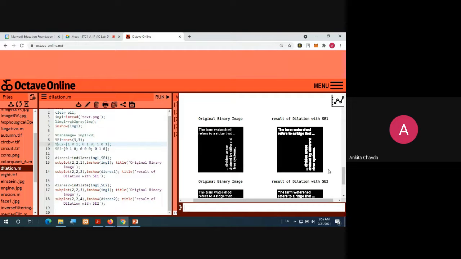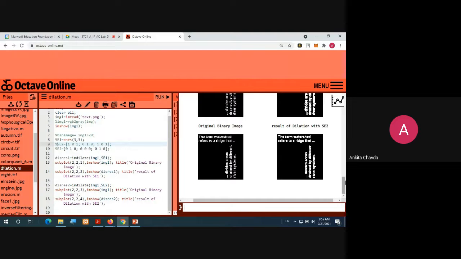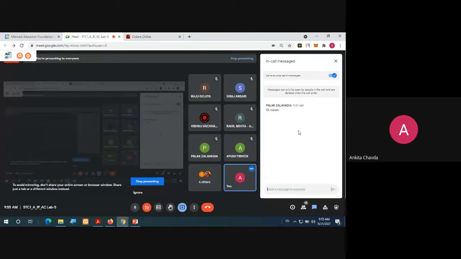Here we have taken all 1s, so expansion is more with structuring element 1. In this one, we have given 1 here and 1 here, and all the others are 0, so you can see the dilation is less.